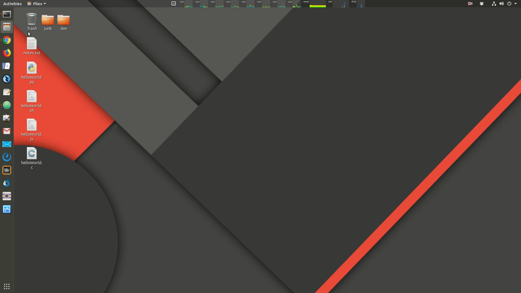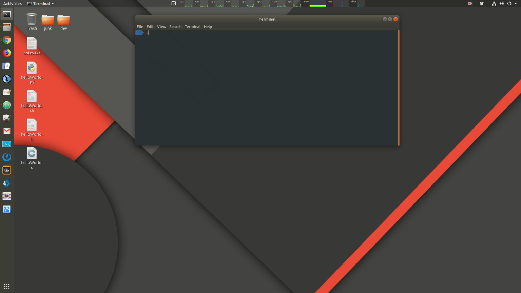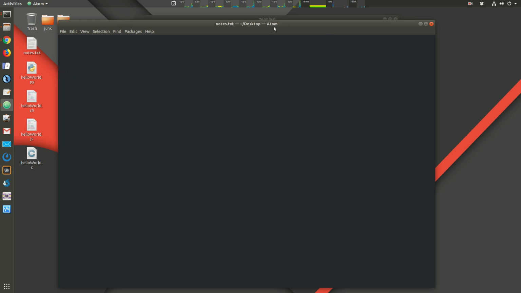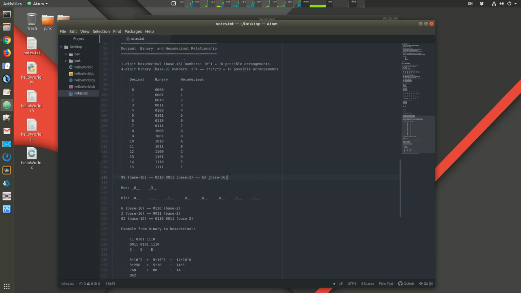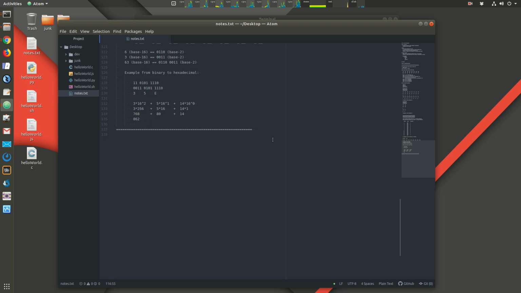We've got these files on my desktop that I've been using. I'm going to open a terminal, change the directories to my desktop, ls. There's my files. I'm going to use the Atom editor and open it in the dot directory, which means this current directory. Okay, here's the notes we've been taking. And so now we're going to get command line arguments